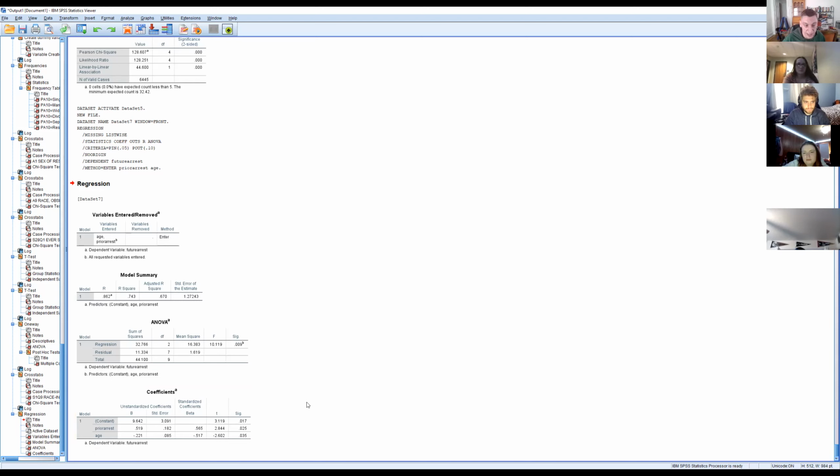Okay, are these things statistically significant? And we've looked at this already, that prior arrest and age are both statistically significant. So betas are on a t-distribution, so you look at a t-test to figure this out. The t here is shown as 2.844, and the significance, the alpha value here, is 0.025, and so that's less than 0.05, so that's significant. And then here we have a negative 0.2602, and a significance level of 0.035, so that's also less than 0.05. And so both of these have a statistically significant impact on